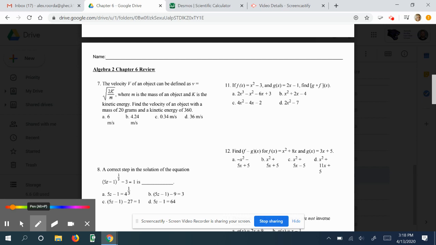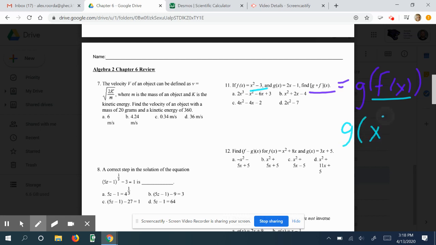So in number 11, if f of x equals x squared minus 3 and g of x equals 2x minus 1, we're asked to find g of f of x. Okay, so we remember that g of f of x, we write it like this, g of f of x, right? So we know that f of x, this value right here, is x squared minus 3. So I'm going to rewrite this as g of x squared minus 3. And so in our function g, we have 2x minus 1. And if we think of x squared minus 3 as just kind of like an x, we would rewrite this as